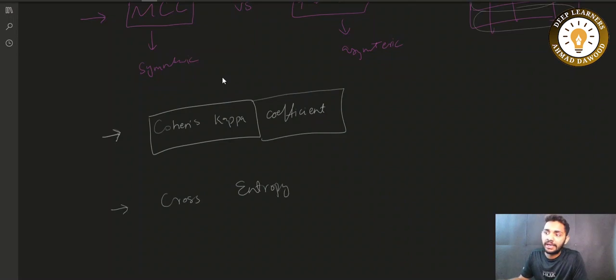Okay, again cross entropy can be used to evaluate the classifier also for multi-class classification. But again, I usually do not recommend cross entropy, because cross entropy caters to the probabilities with respect to each class,